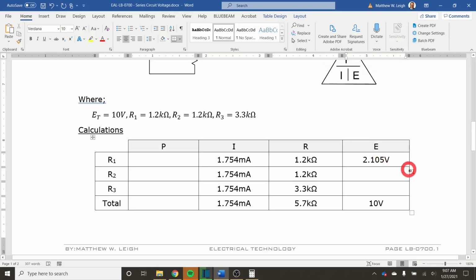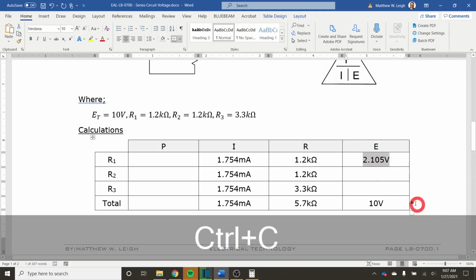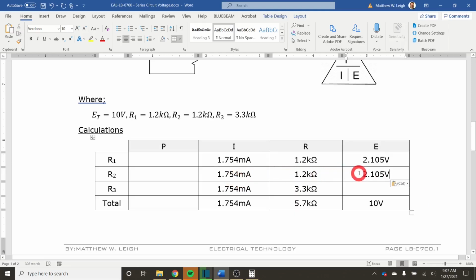2.105 volts. Okay. And remember, always with watts, amps, and volts to capitalize the letter. And since this is the same resistor, I have the same current and the same resistor, I know that I have that voltage there. Okay. Now, I've got a couple choices here. I could go back to the current that I originally started with, or I know three of the four voltages in this column. So I could just take this value here,